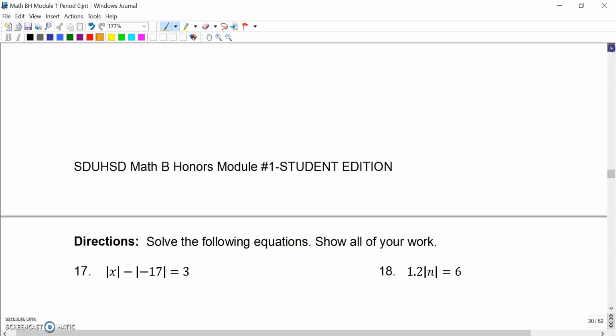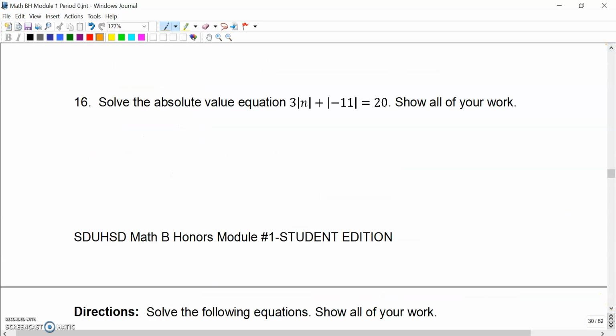In this video, I'm going to demo solving equations involving absolute value. I'm also going to write out some steps to follow when solving. So we're going to solve this one, 3 times the absolute value of n plus absolute value of negative 11 equals 20. So the steps to follow would be